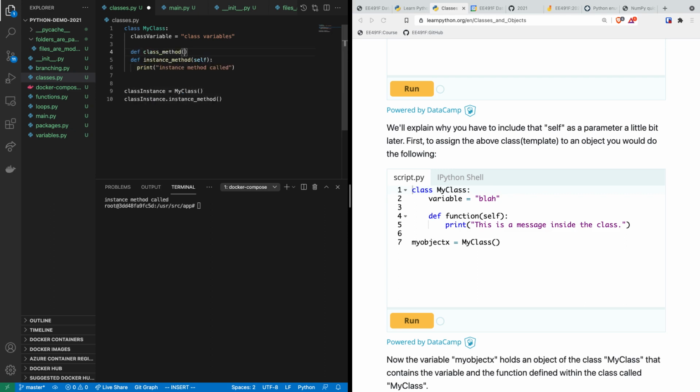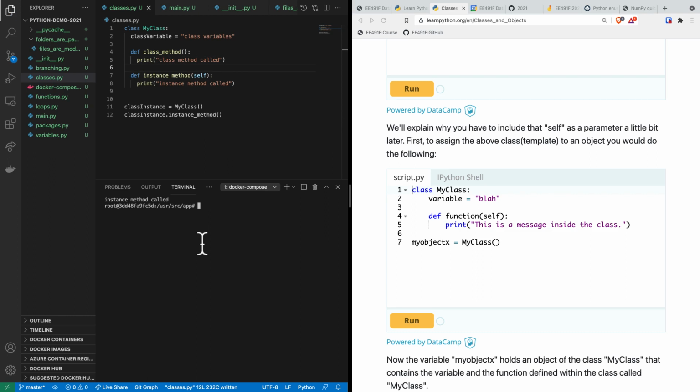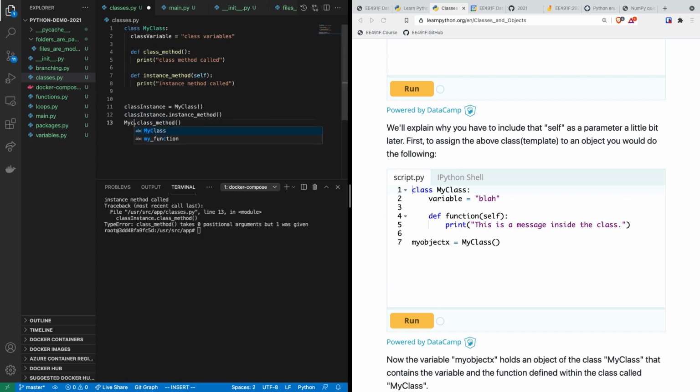I think a class method will not have the self, and then if we try to call it here, it'll kind of bomb out. So how you would call it is like that, and